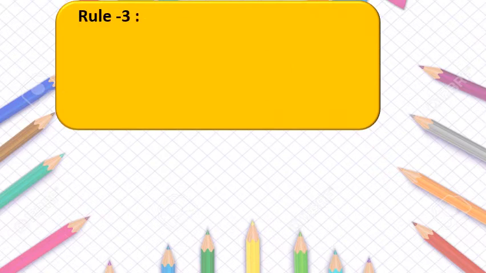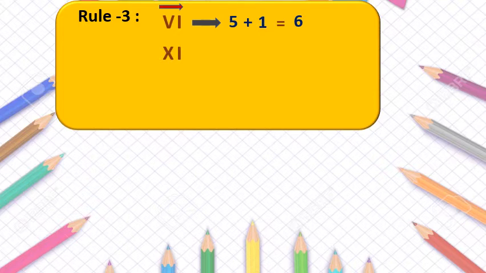The rule number 3 says that when either I or V is written on the right of the symbol of a bigger number, its value is added to the value of the bigger number. See, we will write V. This is a bigger number and I have written a I on the right side of the V. Okay, right side. So we are going to add 1 to 5. See, 5 plus 1 is 6. The value of IV is nothing but 6.